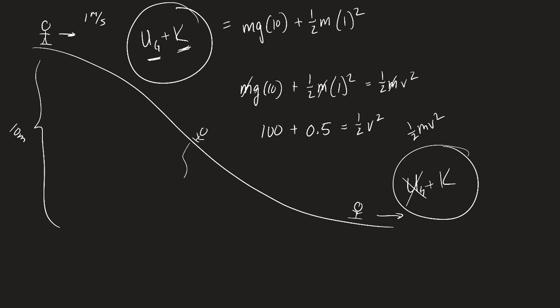Do me a favor, you need to practice. So let's say this is the point where they're 4 meters above the ground. How fast are they going there? This is your practice. You should be able to do it. Super simple. Follow the same procedure. I want to see what you can do, because then we're going to start adding stuff.